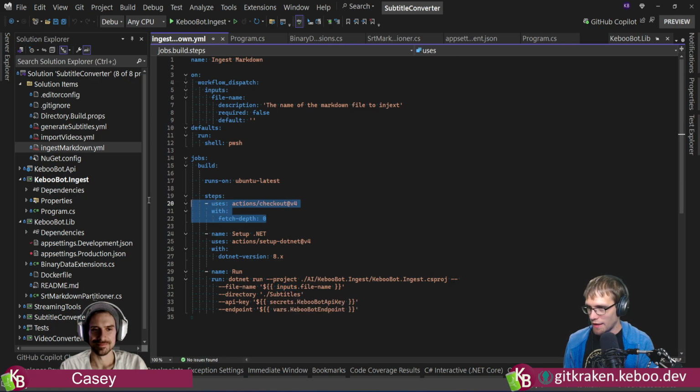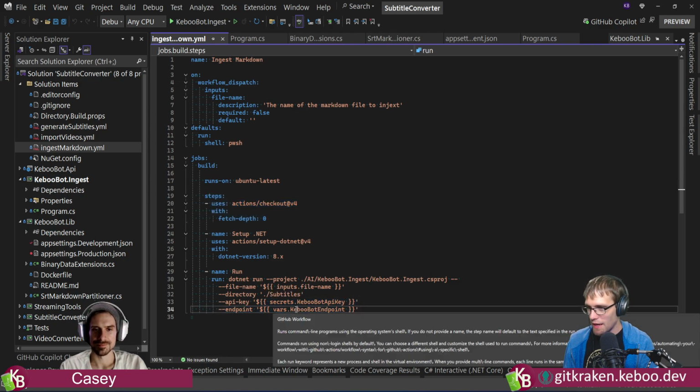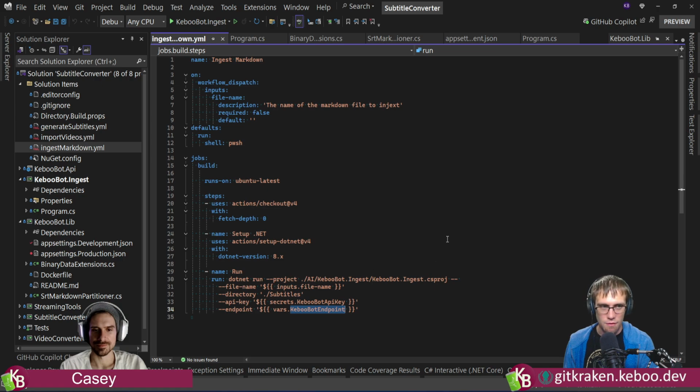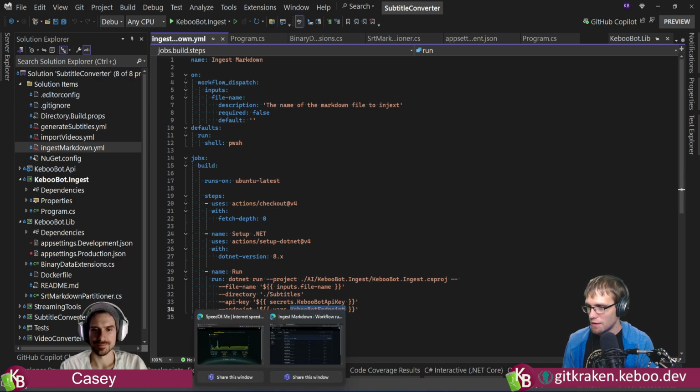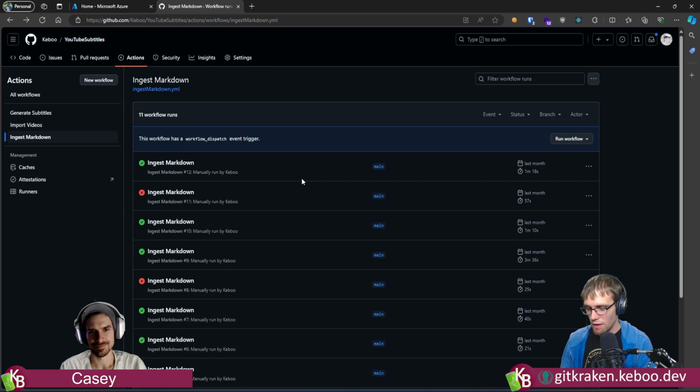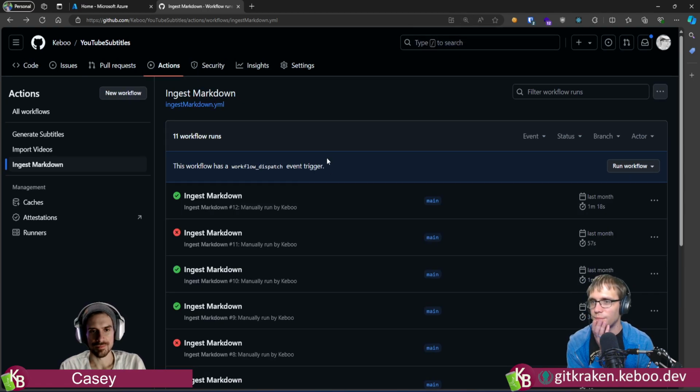Because it's already checked out the repository, it has all the files on disk, which is great. So that comes in, we feed it an API key and an endpoint, and we're off to the races. And we've got the secrets already in GitHub.